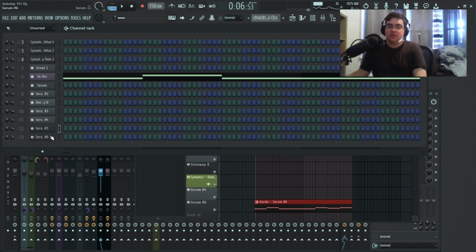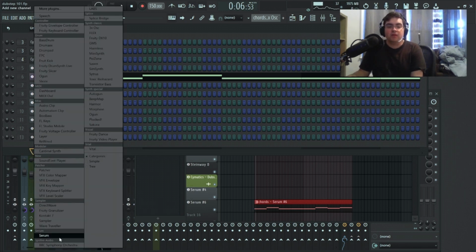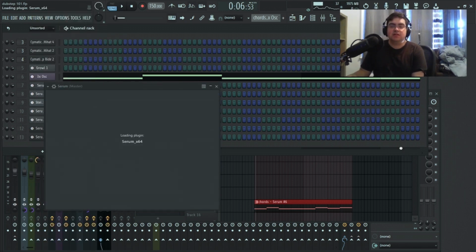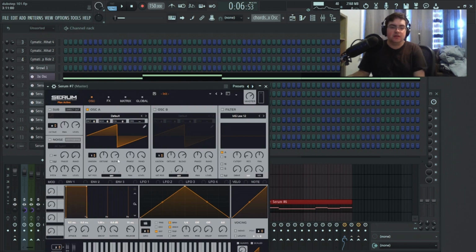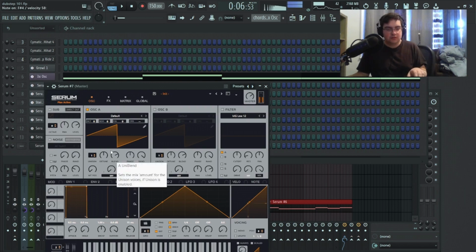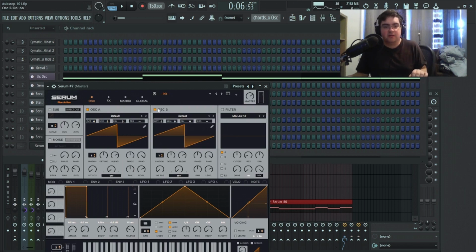So there's a couple of things you can do. You can just leave the chords here and write vocal chops over top, which is actually easier. But we're going to write a melody. We're going to design a simple lead. My go-to lead